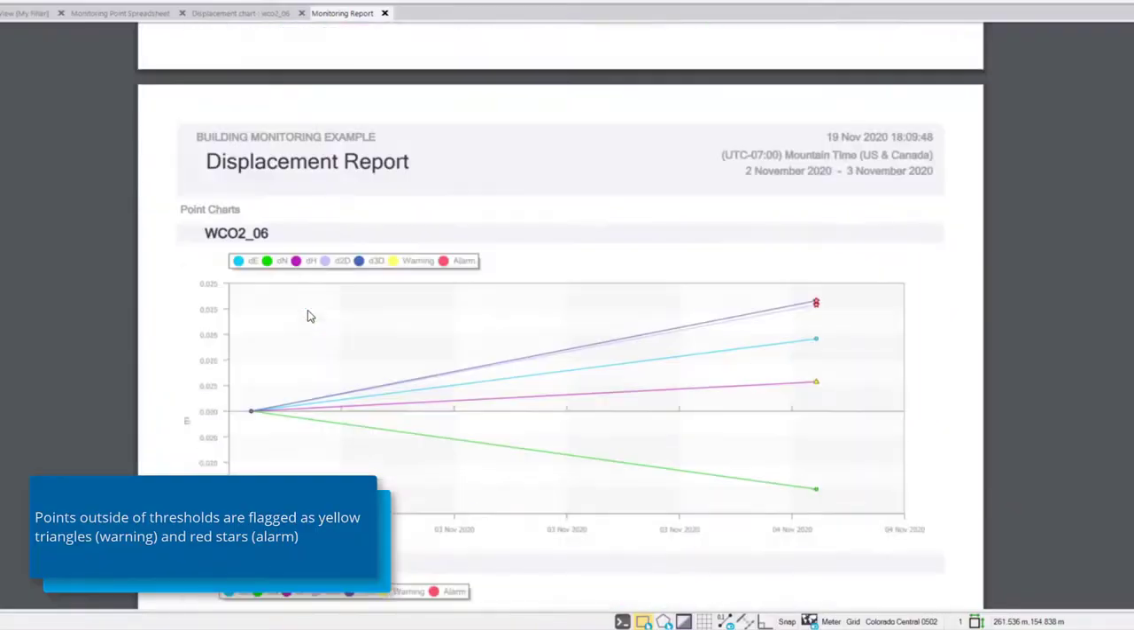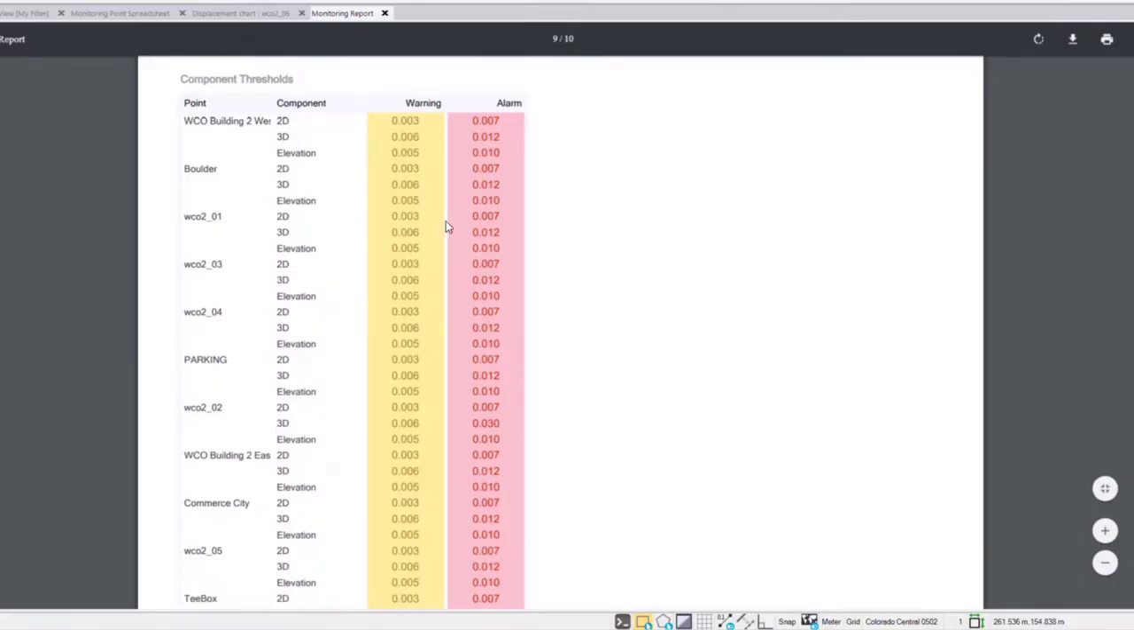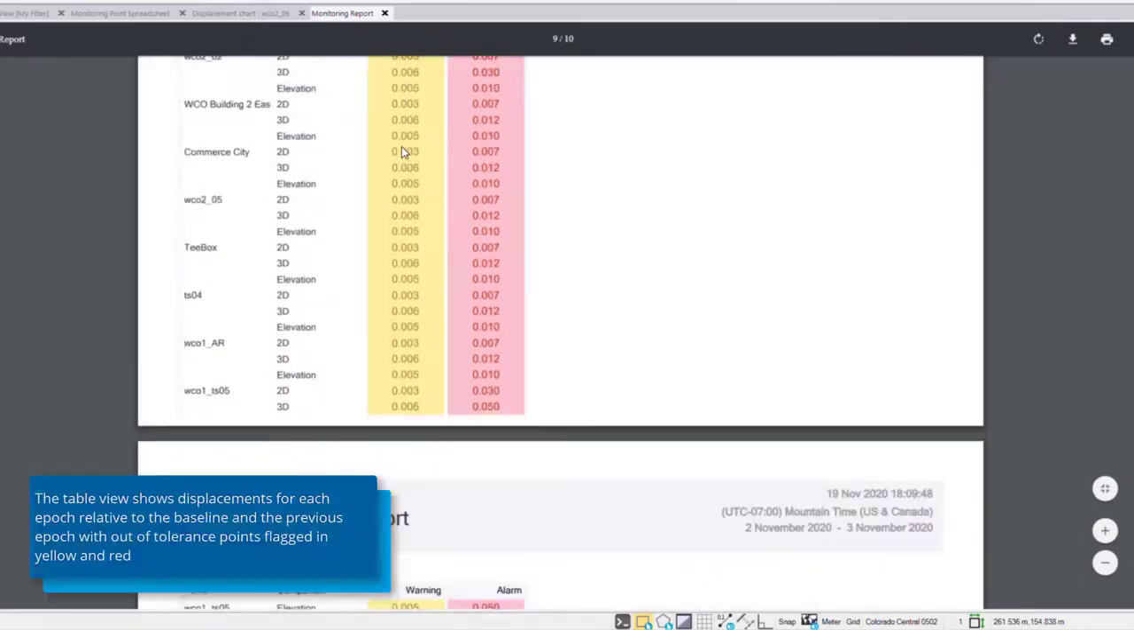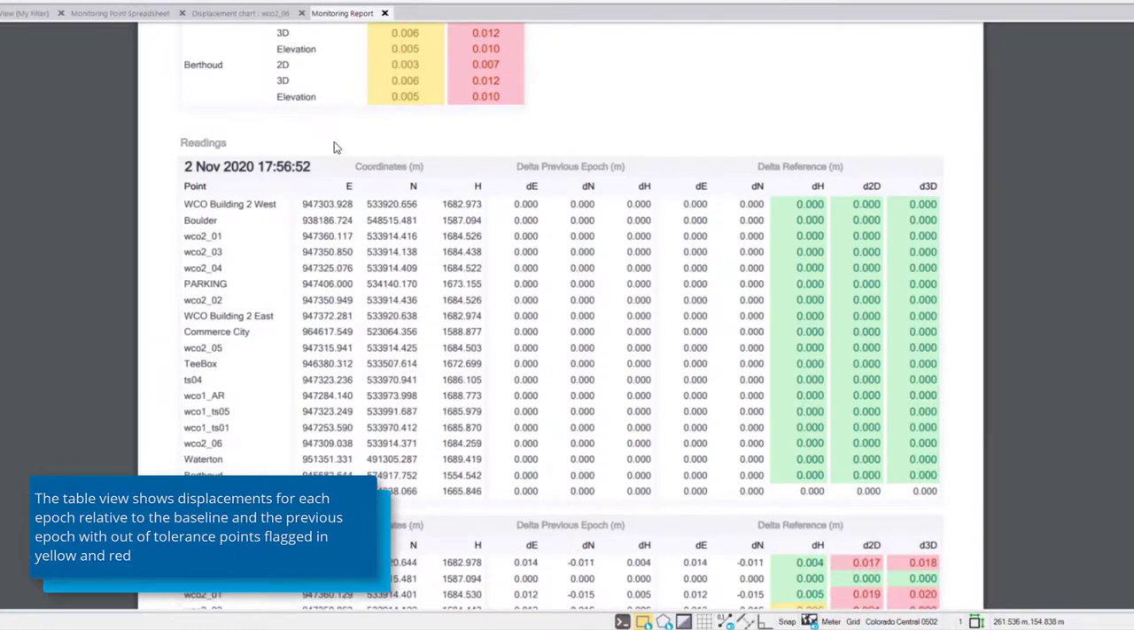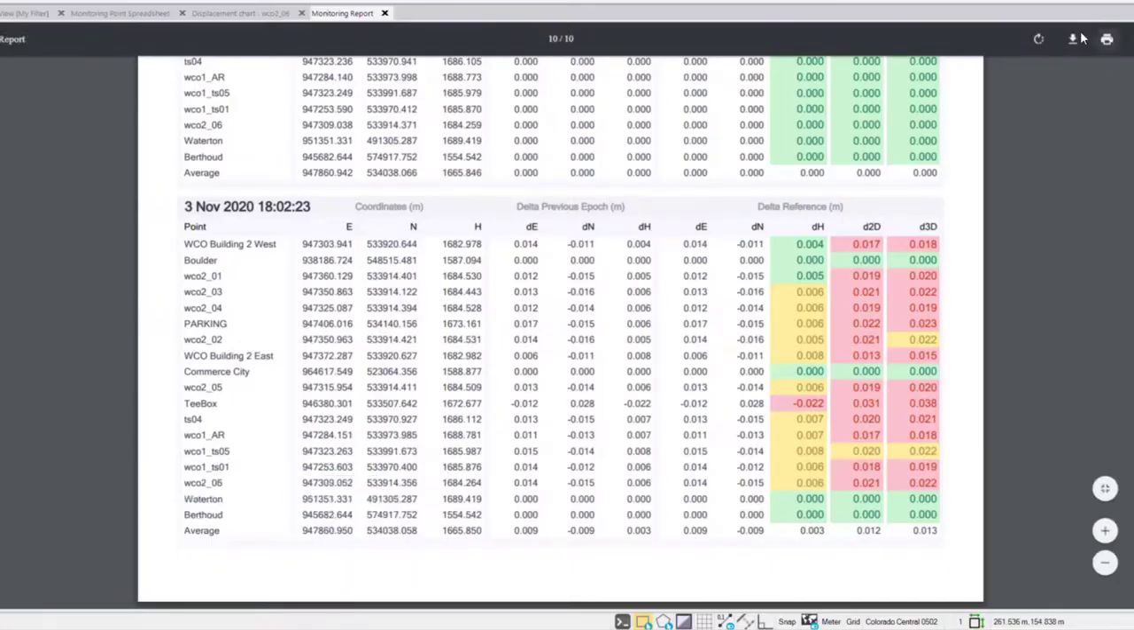Now, the last section of the report is a tabular view, starting by showing the component thresholds that are set for each of those points, as well as a table for each epoch of data. So in this case, November 2nd was our baseline, so there's no displacements. But if we move to November 3rd, we can see the deltas to the previous epoch, as well as the deltas to the reference flagged according to the threshold. Now, if we want to print this report, we can download as a PDF or else run to a printer